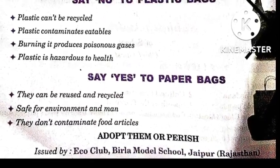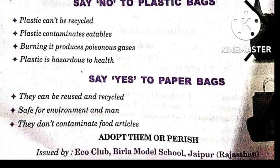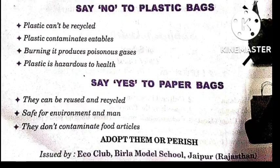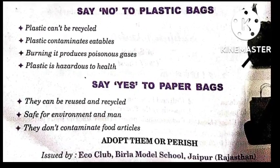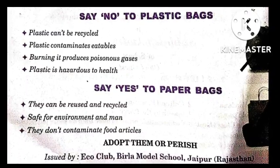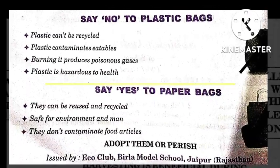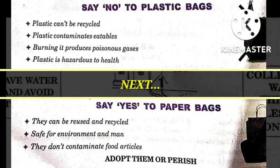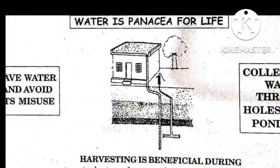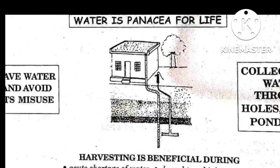At the bottom, do you see the issuing agency? Eco Club, Birla Model School, Jaipur, Rajasthan. Issued by Eco Club, Birla School, Jaipur. Adopt them or perish. And that again, before you end, a very interesting slogan coming up. And here, another poster for your benefit. Let's say it's